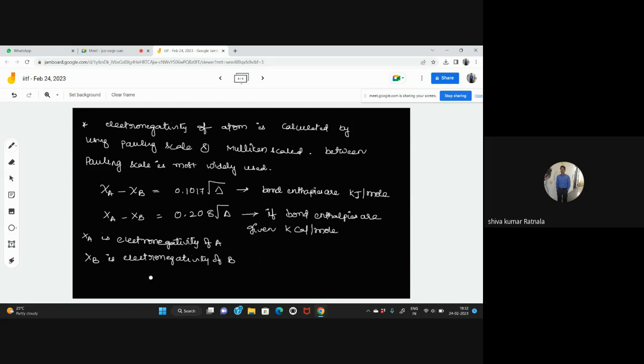The delta formula is delta is E A B minus E A A